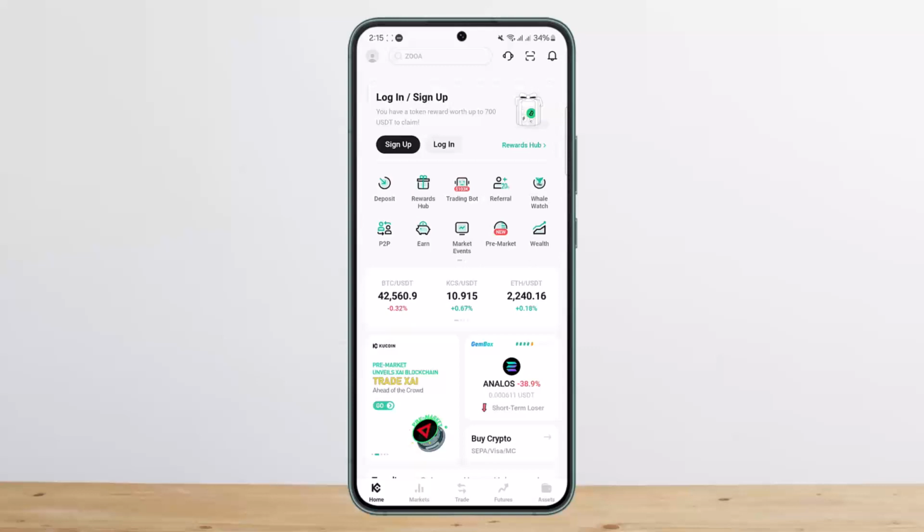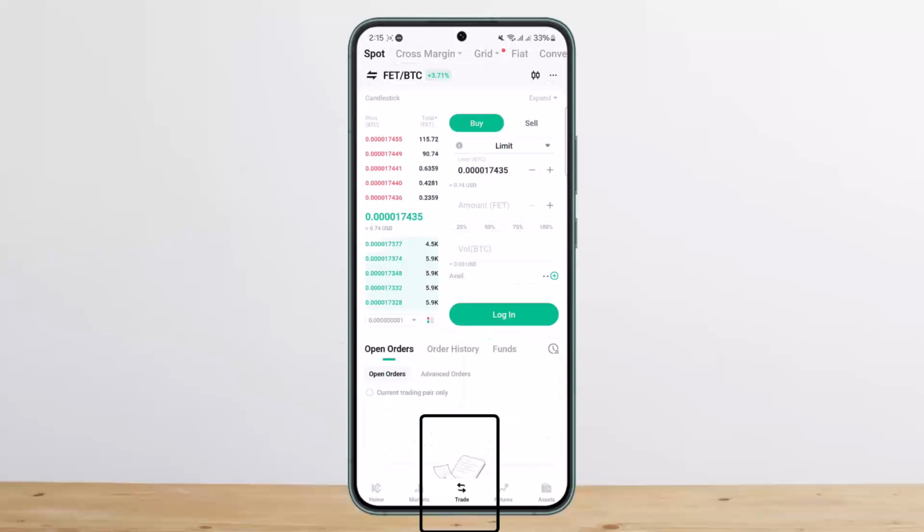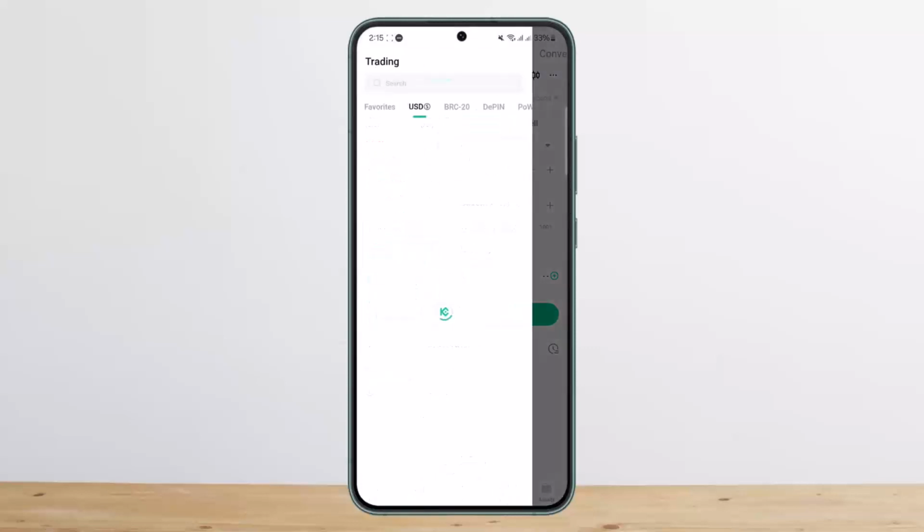Once you log in or sign up, you'll get the similar options as you can see on the screen, whether or not you are logged in or signed up. So here you can see the trade option at the bottom of your screen, right? You can see home, markets, trade, futures and assets. You can simply tap on the trade option, and then what you want to do is tap on the little arrow icon that you can see at the top left below the spot option,